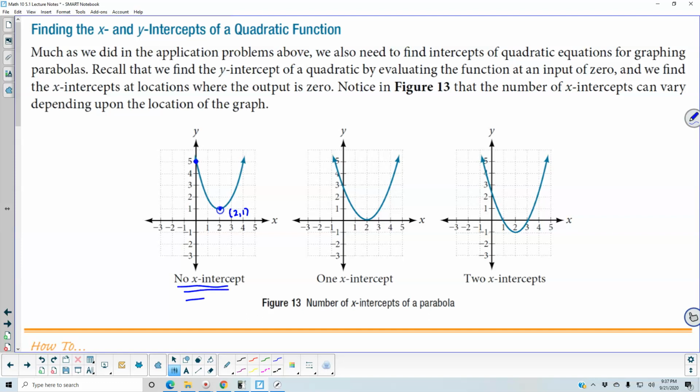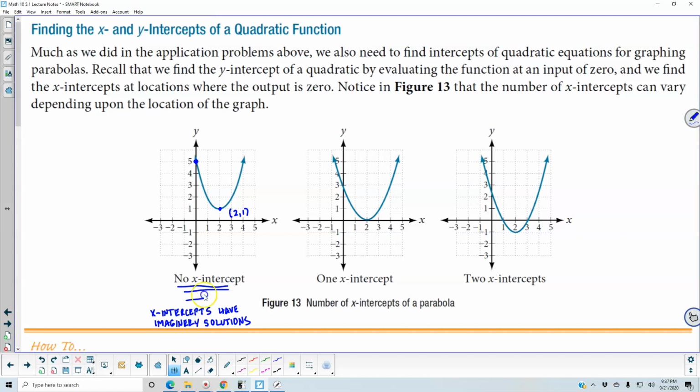So if there are no x-intercepts, then that means the x-intercepts are imaginary numbers, and we'll get to that later on. Or imaginary zeros. Because it doesn't cross the x-axis, it still means we have x-intercepts, but they will contain